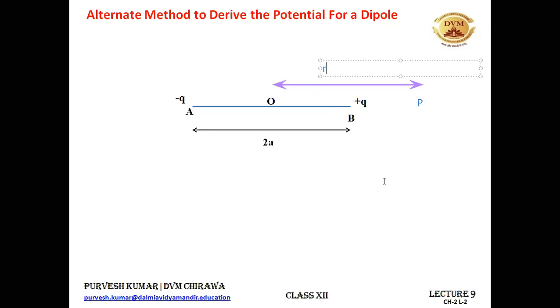All right. So now we need to find the electric potential at point P. This is an axial point lying at a distance small r from the center of the dipole. So what we can do? First find the electric potential at point P because of the charge present at B. Then find the electric potential at point P because of the charge present at A, and then add them up. That's what we need to do. And for doing so, we need to know the distance between the plus Q charge and point P and minus Q charge and point P.